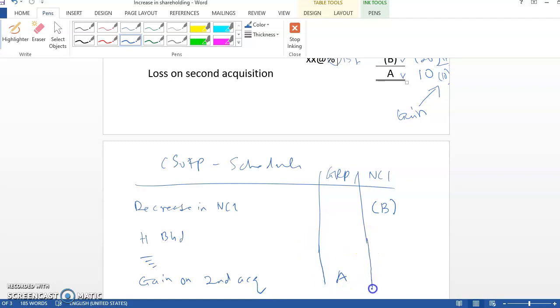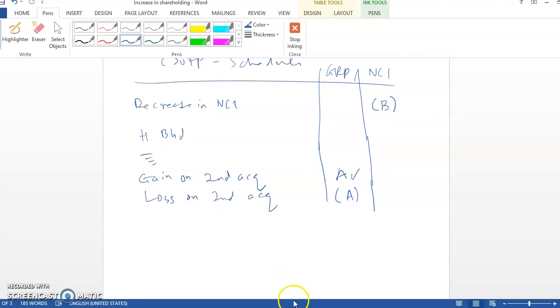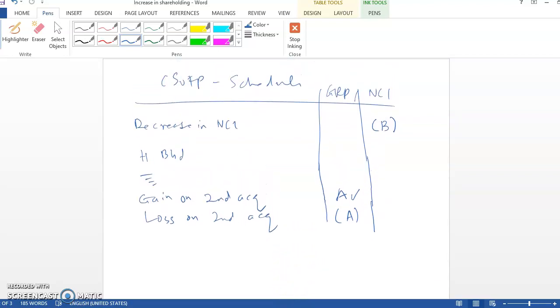So if it is a gain, A is positive. If it is a loss, then A will be in brackets. If there is a loss on second acquisition, A will be in brackets. Okay, this is the adjustment in the SOPI. In the SOPA, it is actually similar. If we look at the schedule